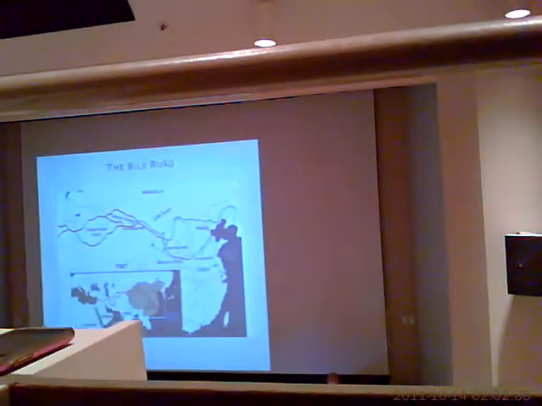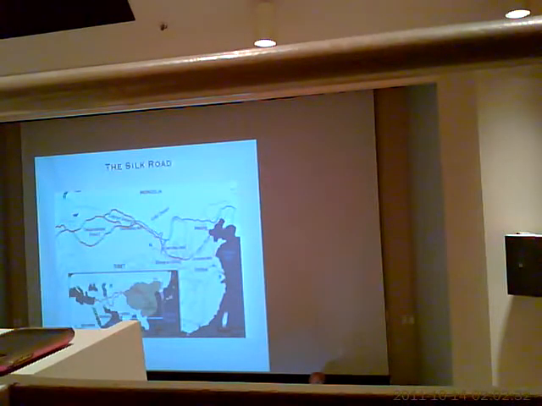Okay. And the last thing, before we move on to today's lecture, that I want to talk about in terms of the legacy of the Western Han Dynasty is the beginning of the Silk Road. And we'll talk a bit more about this when we talk about Buddhism entering China. So you can see in the inset map here, this is the extent of the Han Empire, and these are the trade routes that were opened up all the way through Central Asia.